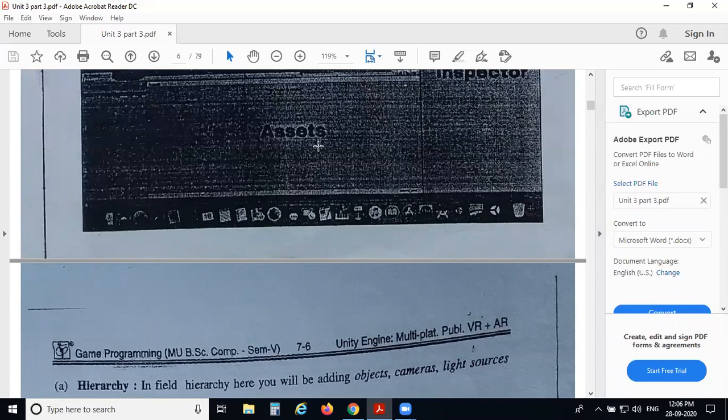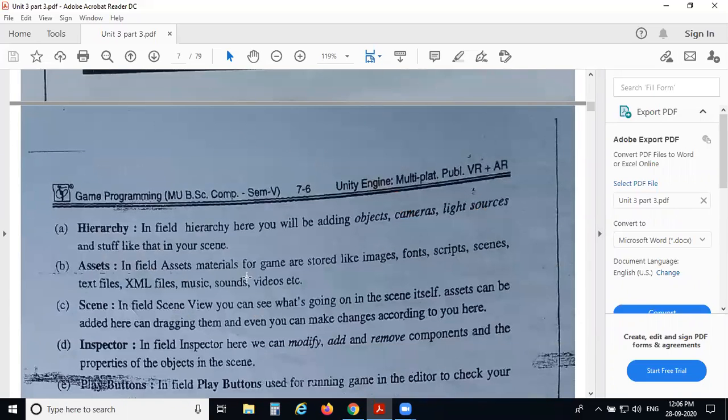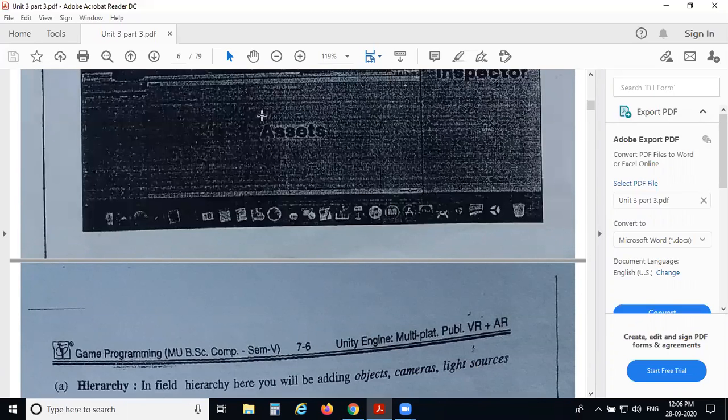The next, second one is assets. In this field, game assets are stored like images, fonts, scripts, scenes, text files, XML files, music, sounds, videos, etc. Okay, assets means ज्या काही एक्सटर्नल फाइल्स असतील तर त्या एक्सटर्नल फाइल्स या assets मध्ये स्टोअर असतात. ओके, सपोज याच्यामध्ये तुम्ही एखादं गेम क्रिएट केलेला आहे आणि त्याच्यासाठी लागणारा जो काही ऑडिओ आहे तर तो ऑडिओ तुम्हाला यामध्ये इन्क्लूड करायचा असेल या गेम मध्ये,